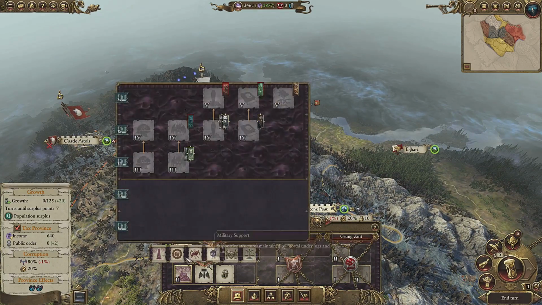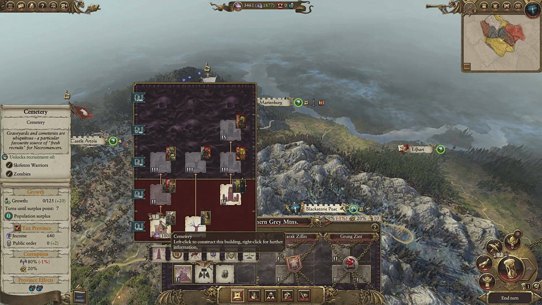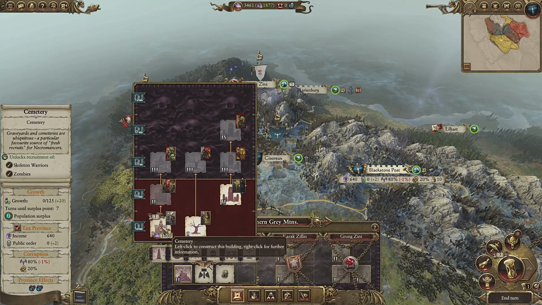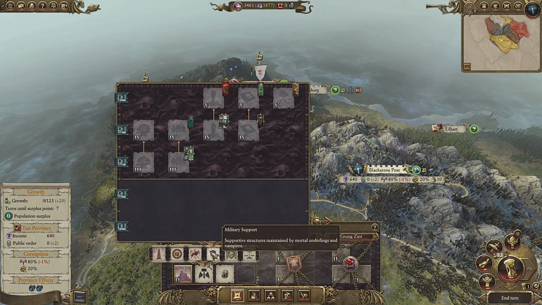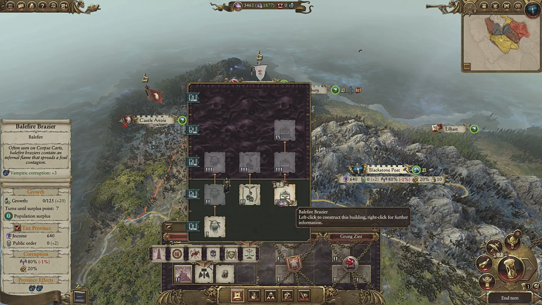Here we're going to do... Yeah, I think we'll just get some... We'll be able to recruit these things. That one too, but I won't be able to recruit that. However, I won't be able to get that until I'm a bit further ahead. So again, I think it comes down to...